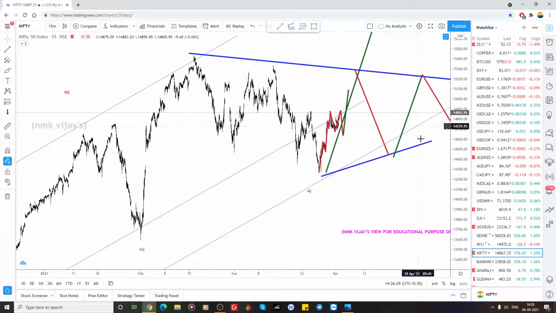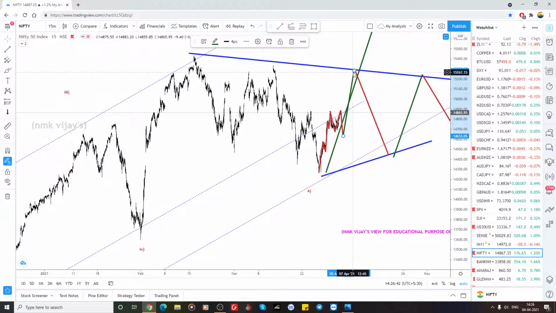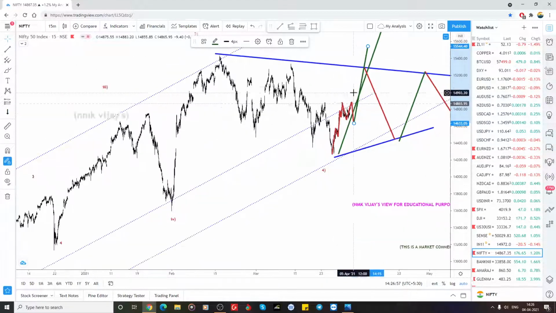Otherwise, if it is a triangle, the remaining part it has to make as a B and C wave, whether it is rejected from within this zone within the high, or it could go above the high and then again drop for that irregular flat like this, which I have explained here, the same kind in the bigger time frame and bigger structure. So I am expecting only the bullish.